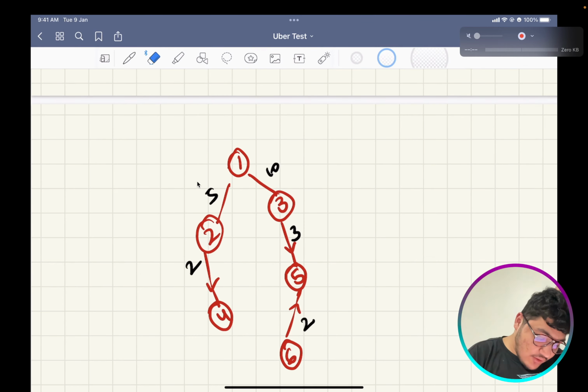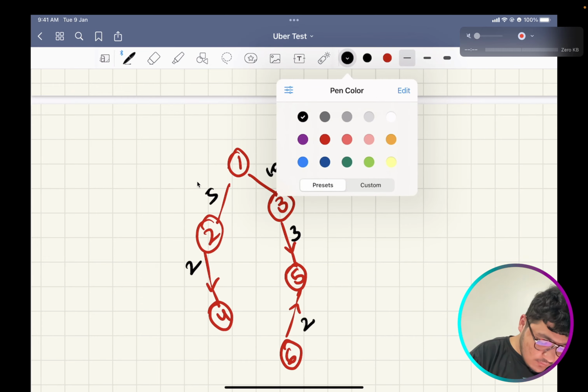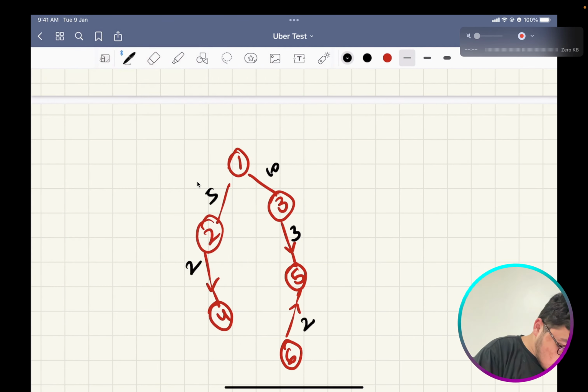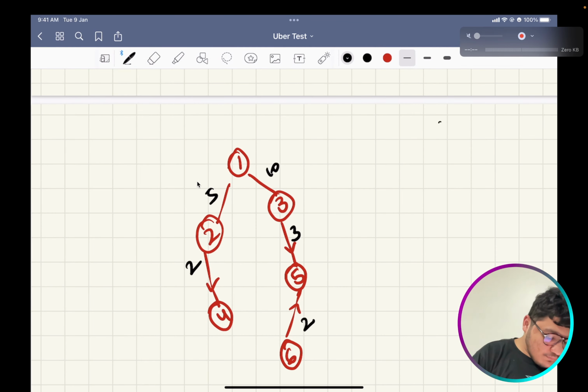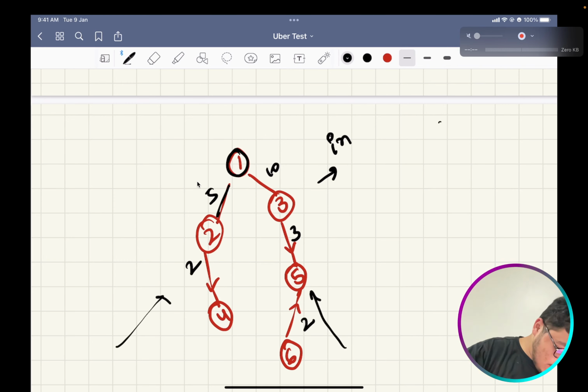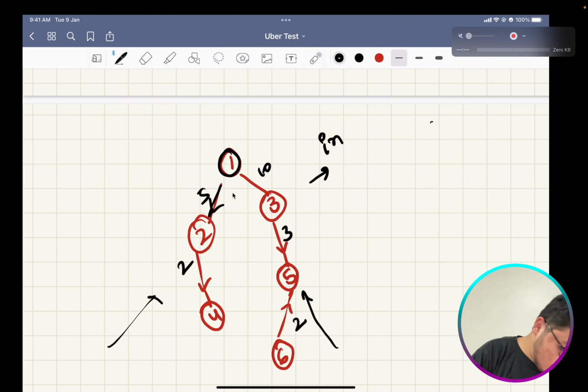So basically what I am doing is, okay, let's try to build this in. For in, in of 1 would be all these subtrees. From here I would be getting 5 plus 2, 7.